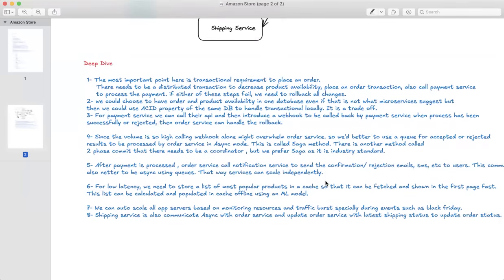Because one transactional DB does have ACID properties, handling transactions is way more efficient and simpler with transactional DBs. But again, this is a trade-off. If not, then we need to use the Saga pattern. If we don't go with webhook, then we need to use an async method, which is called the Saga method,